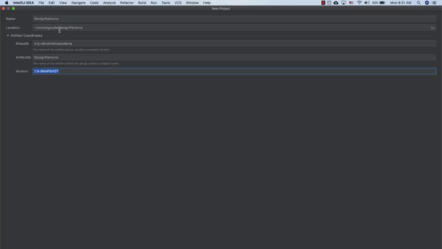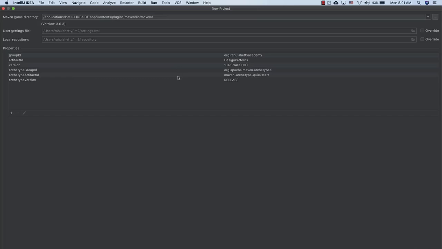Give all these details, and here you will give the location where exactly your code is present. And next, these are the final details. When you download Maven in your system, then you have to give the repository path and settings path. By default, IntelliJ will collect that if you already have Maven present in your system. If not, you have to point to them.